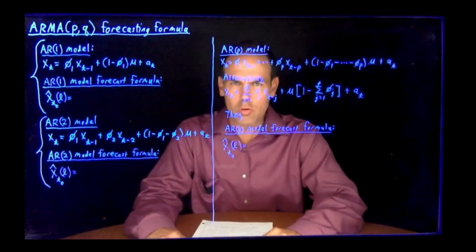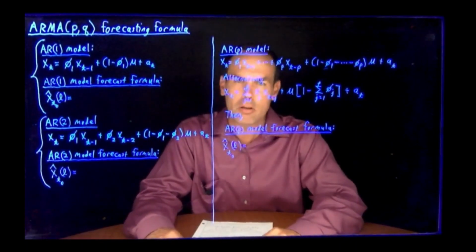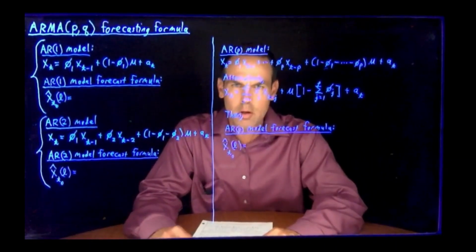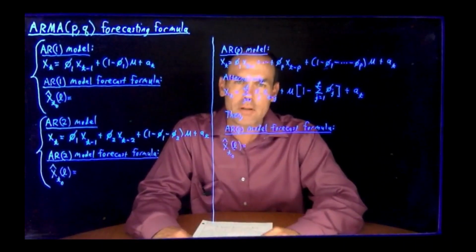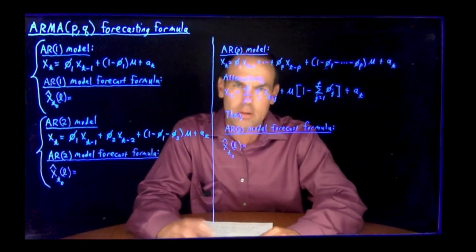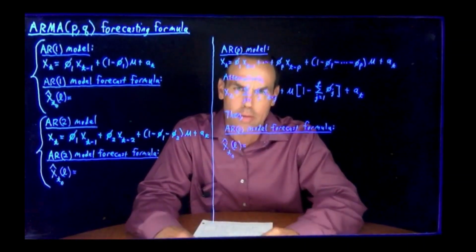Hi, in this video we will talk about the ARMA(p,q) forecasting formula, which is a big looking formula. The good news is we're not going to have to calculate that by hand. We're going to let R do it for us, but let's have an idea of where that comes from,